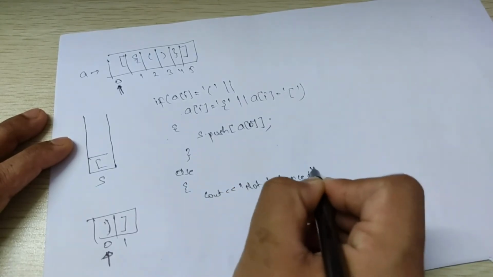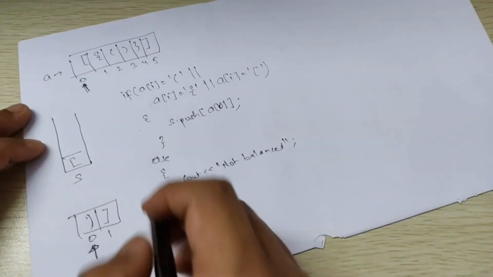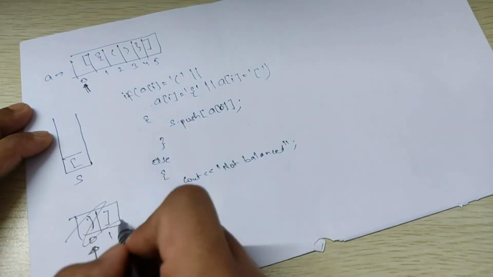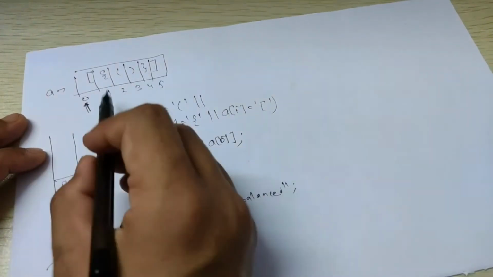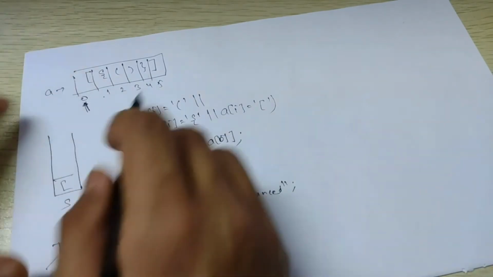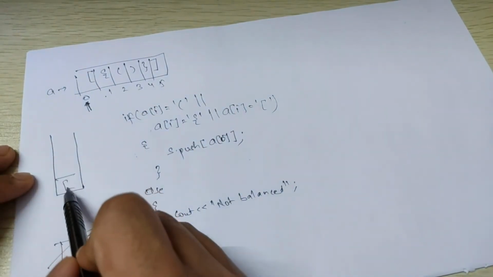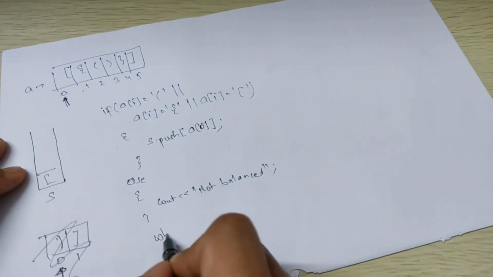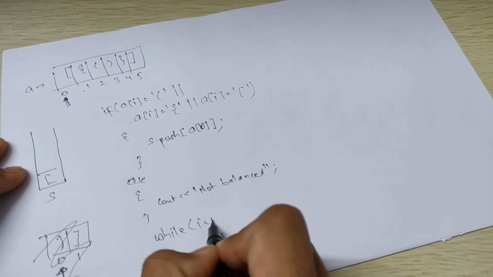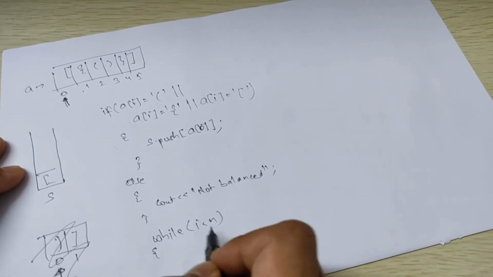Okay, so you'll say not balanced. Now for this it is not balanced. Now let's go back to our original expression. So you pushed, and after that you have to run the while loop till the end of the length of